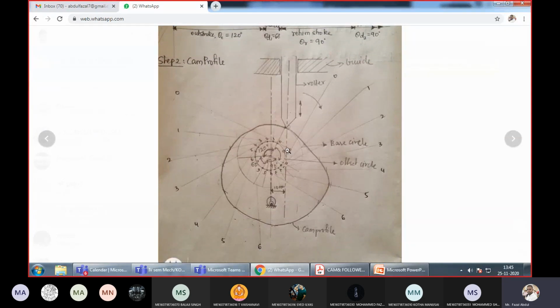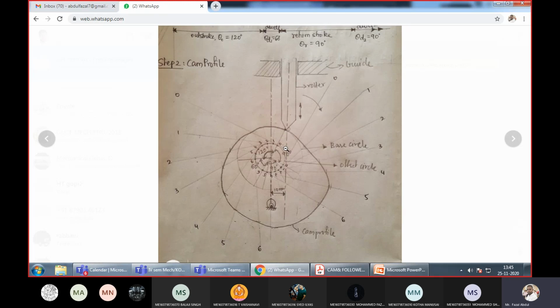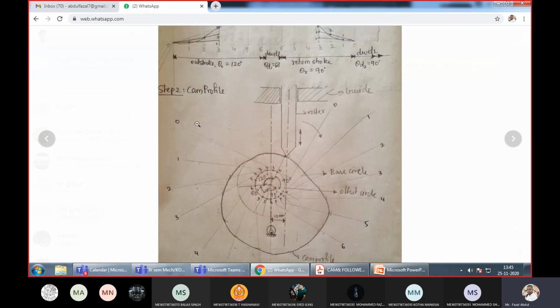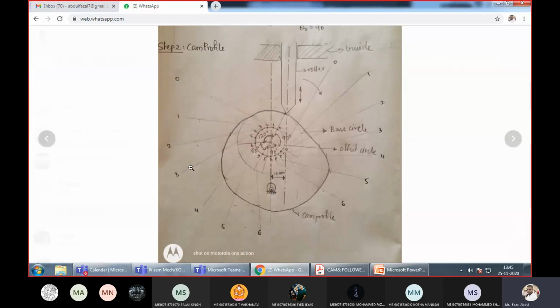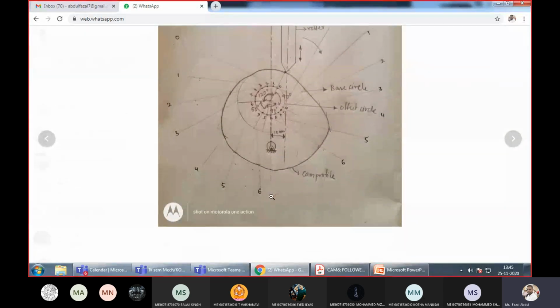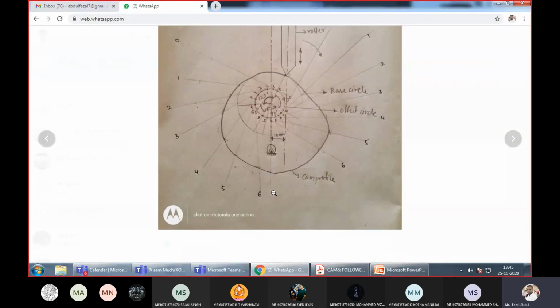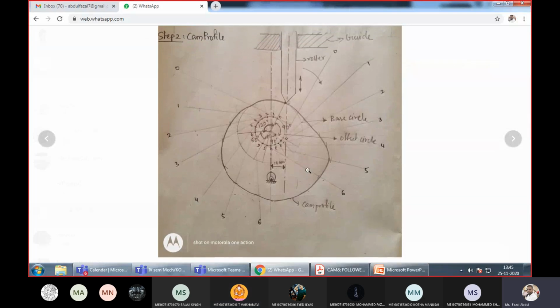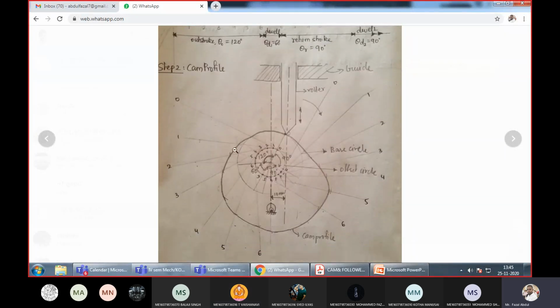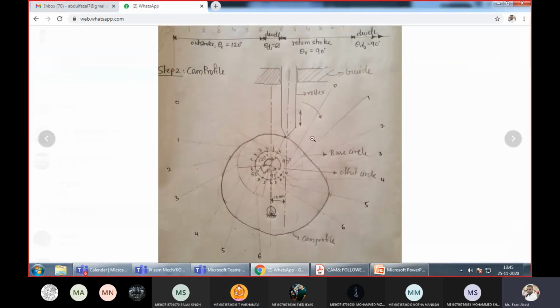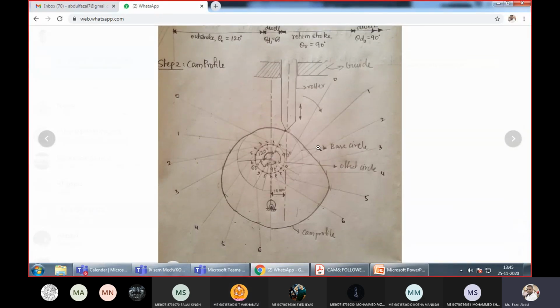Okay, that is a small mistake. Now after drawing the cam profile, you erase the outcoming lines, whatever line is coming outside the cam profile, you need to erase. Only the curve should be darkened in this diagram also. Okay. Yes, sir. And everything is very good.